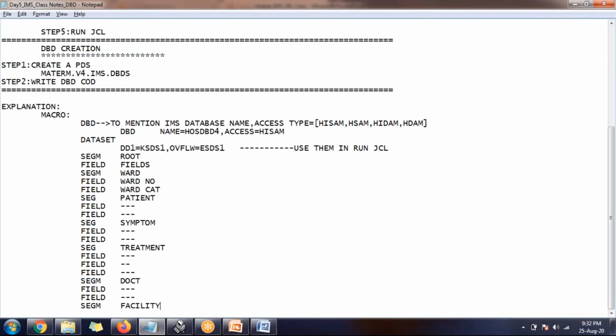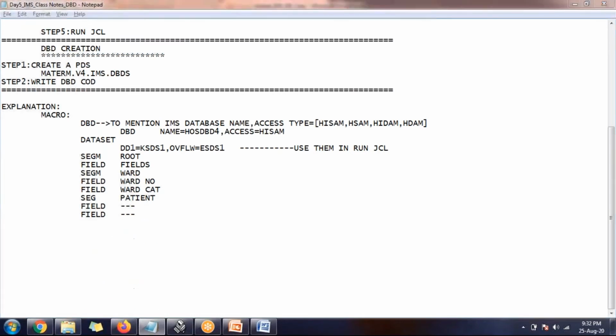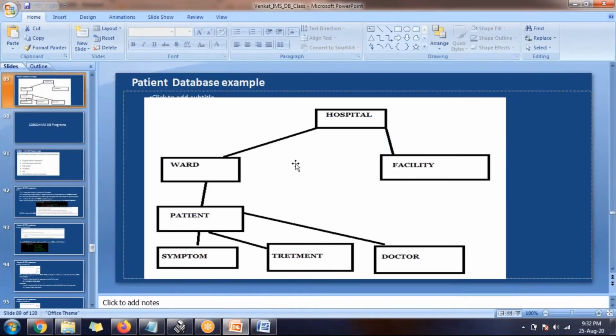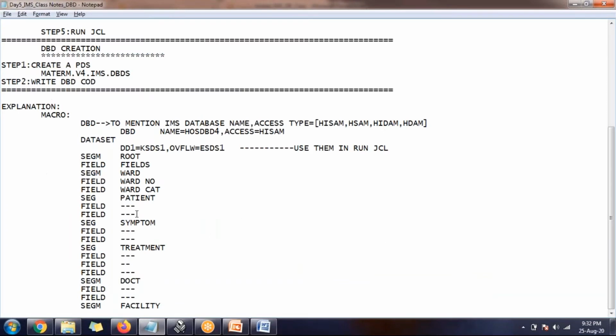Venkat, how will it take, left to right or top to bottom, something like that? We have to design it in such a way, right? As a business analyst, for patient we have three, right? Correct, that we will come to. There are some parameters on each field and each segment. Which segment is the parent of patient, there is a linking during the definition that we do. Your question is valid. We will discuss.